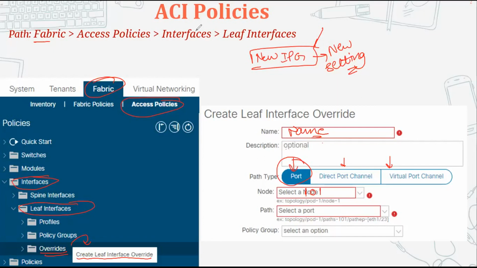So let's say the interface is 1/10. And now you have the option of policy group. In this section, the new interface policy group that you have created with the new setting, you will call it here. And this is how you can merge the new setting without any disruption on your particular port.